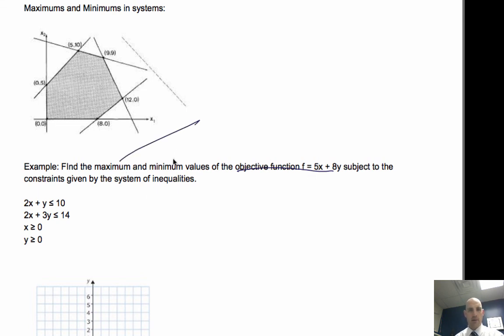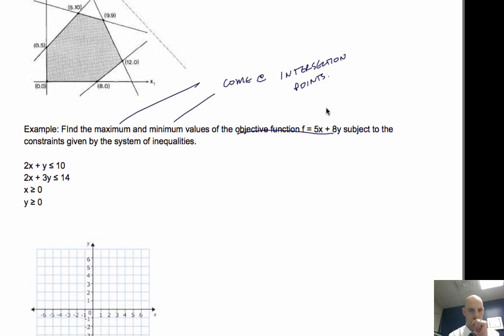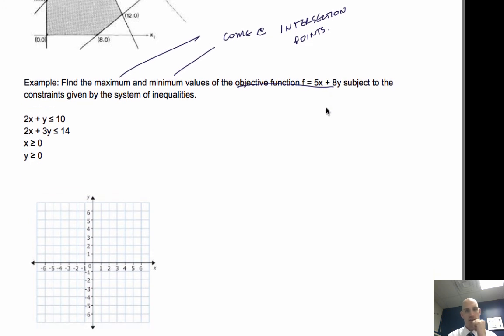The maximum and minimum come at intersection points. Okay, so those are going to come at intersection points. And so we need to be able to find those intersection points. To find those intersection points, I'm going to encourage you to use your calculator. When you use your calculator, you can calculate your intersection points and then plug